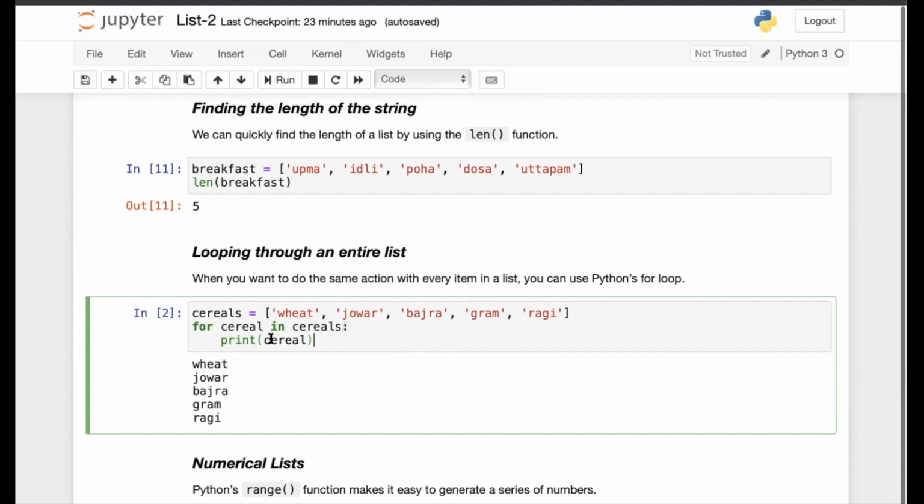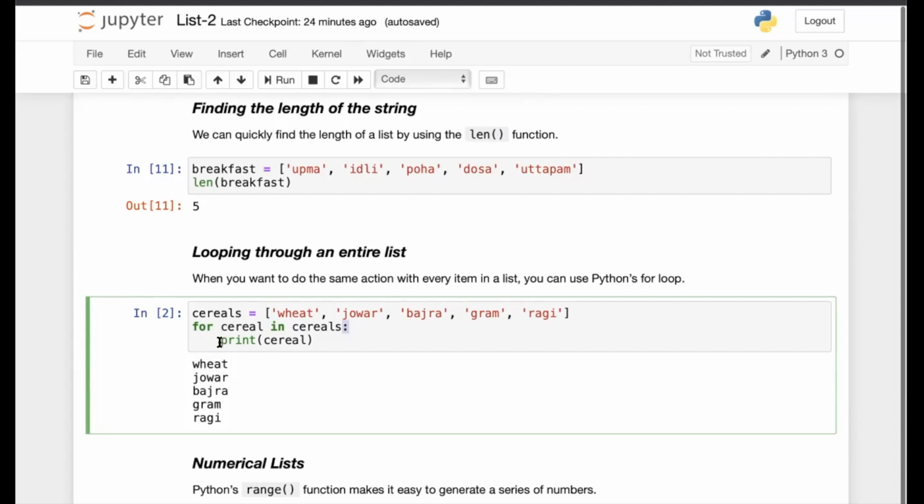and then the body of the for loop is indented to the right. Depending upon your preference, you can use 2 spaces, 3 spaces, or 4 spaces, though 4 spaces is the most used convention to indent the body of the for loop. Here we do not use curly braces like in C or C++ to signify the beginning or the end of the body of a loop. We just use a colon, which signifies the start of the body of the loop. All the lines that are indented are part of the loop, and when the indentation ends, that means the end of the for loop.